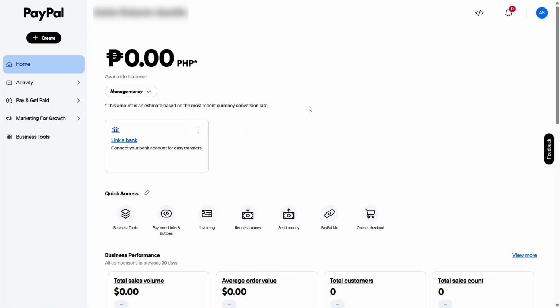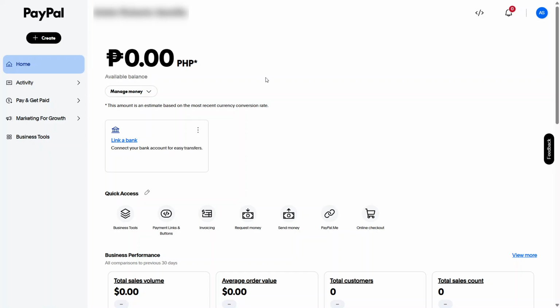First, log into your PayPal account. Head to the official PayPal website and sign in securely. If you use two-factor authentication, complete that prompt as well. Make sure the web address is correct and that you see the secure lock icon in your browser before entering your credentials. It's always a good idea to sign in on a trusted device and network to protect your financial